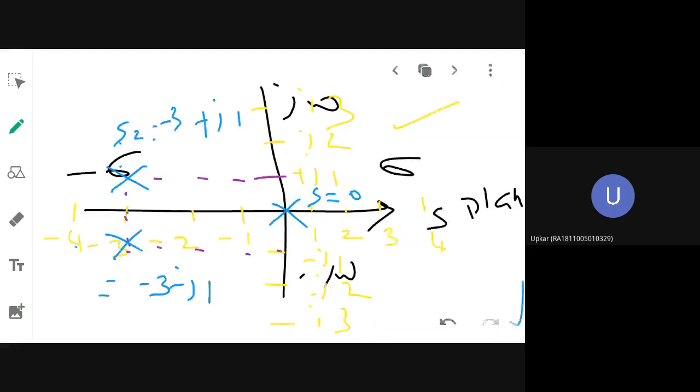Roughly, I have done it here. The same thing I will do in a graph sheet for your better understanding, step by step. So you know this is your S plane, this is your real part, this is your negative real, this is your positive imaginary, this is your negative imaginary. Remember, for all four axes you have to take equal, uniform scale. One root is located at S equal to 0. The remaining two roots are located at minus 3 plus j1 and minus 3 minus j1. I have to draw this on a graph sheet. All of you should repeat the same thing in your own graph sheet.